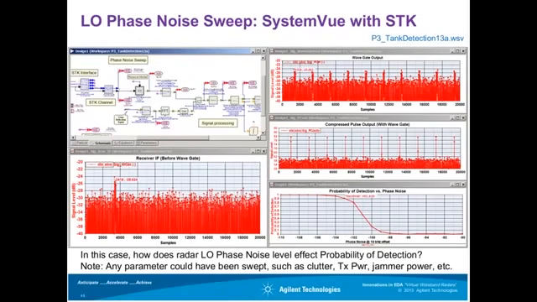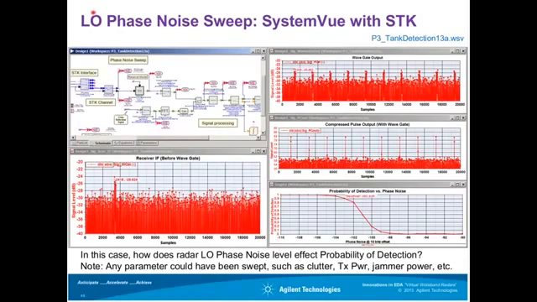If I show you this example, what we have here is I'm processing the signal through that STK scenario, and I'm sweeping the phase noise of the LOs, the one LO common to both the receiver and the transmitter. And by the way, they could be separate, they could be combined, they could have jitter between them, or whatever you want. And what we can do then is process the signal, and in the lower right-hand corner,